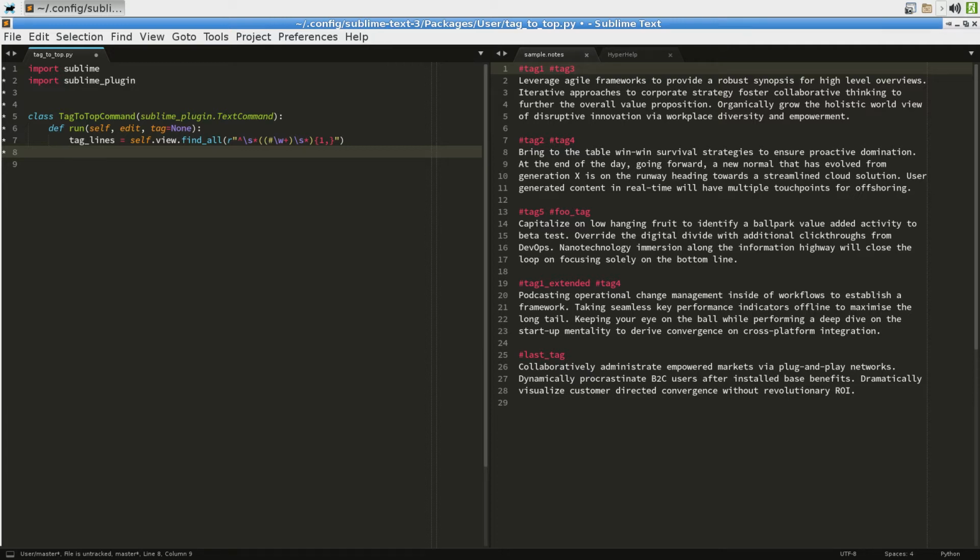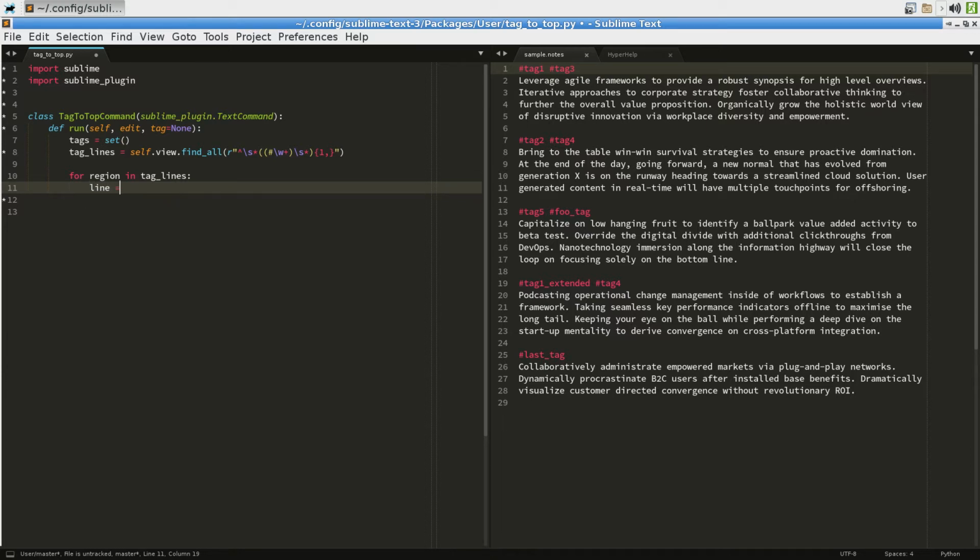So we're going to need some structure to actually hold the tags that we gather. And let's say that because tags might overlap, we don't want it to be a list. We want it to be a set. So we would say tags equals set. Thusly, now we can say for region in tag lines, that is going to iterate over all the regions, and